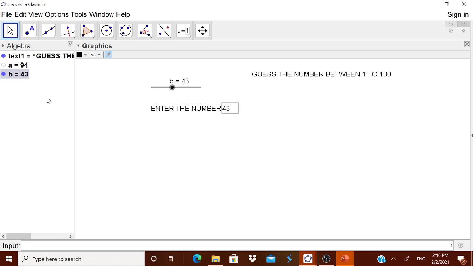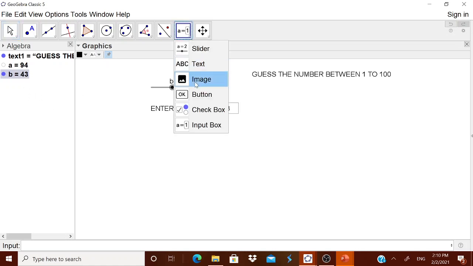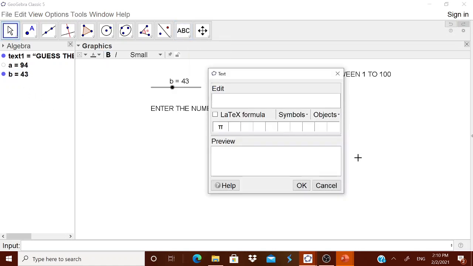Now you are seeing that it is a smaller number. Therefore I will go to the text tool and type: you have entered a smaller number, try again.